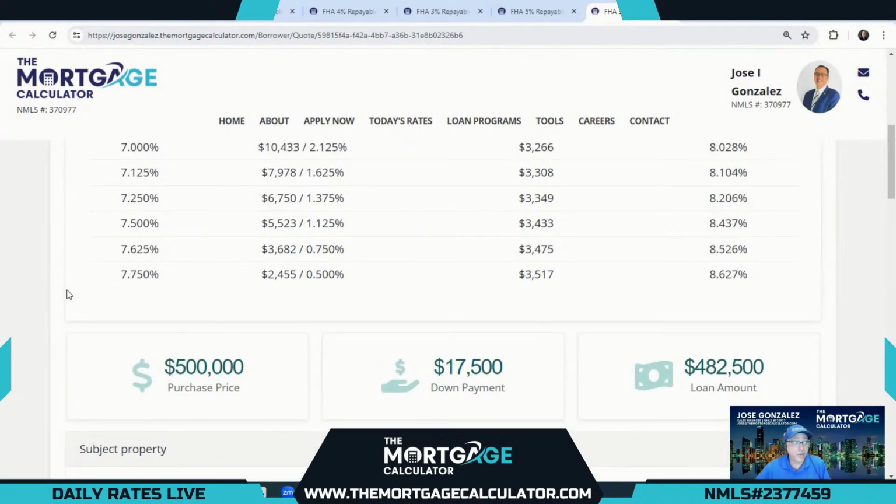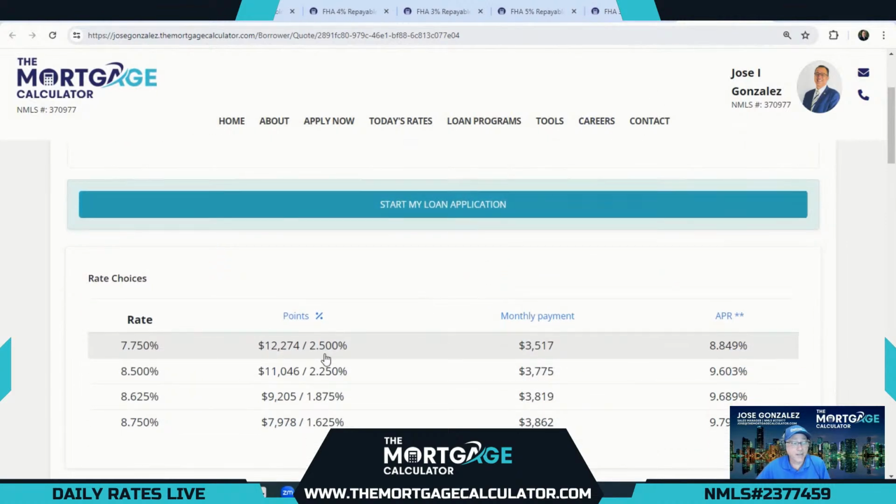But what is the difference? Well, first of all, 7.75% here costs us half a point, whereas 7.75% here costs us 2.5 points, right? So you're either looking at the difference of $2,000, or 2% of your 3.5% DPA being eaten up by this extra 2%, or you say, no, I'm going to come down here, minimize the outlay, which is 0.875, but now you're looking at a difference in payment from $35.17 to $38.62. So that's pretty substantial there, right? $340, $350, which is a bit higher than the